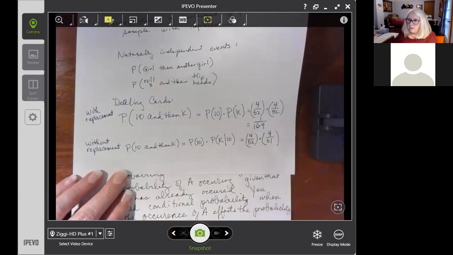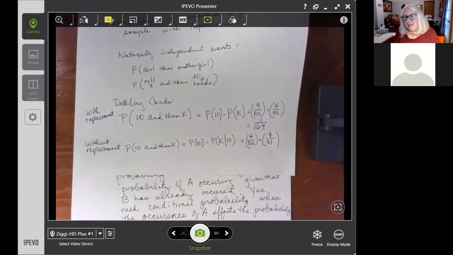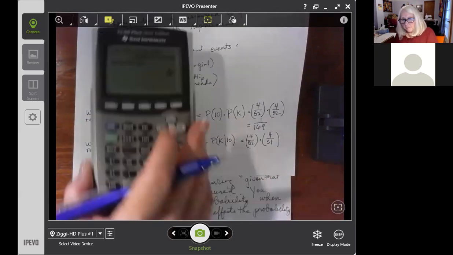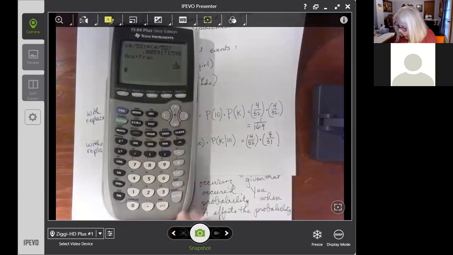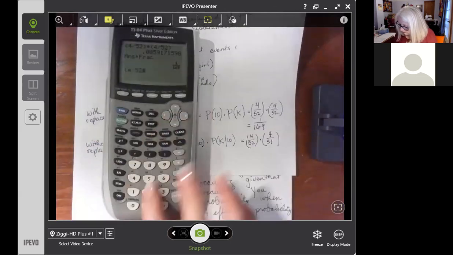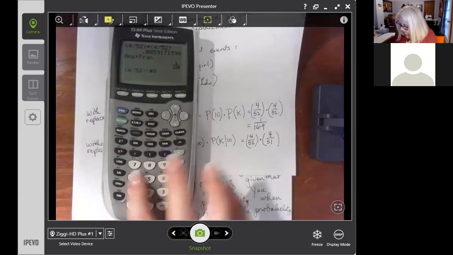Okay, so in fact, the likelihood of dealing out a king now has slightly improved because there are fewer cards to choose from. So if I do that on my calculator, 4 out of 52 times 4 out of 51,